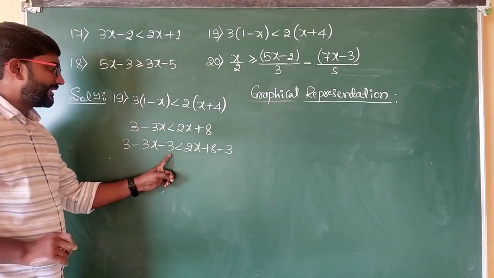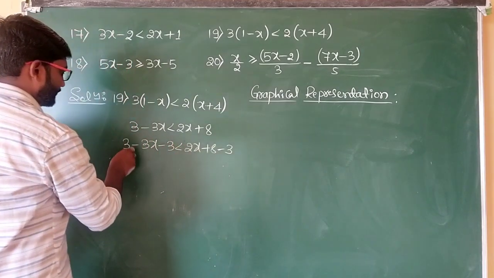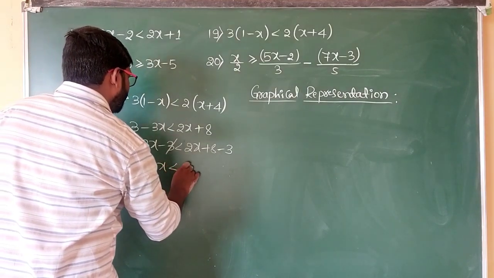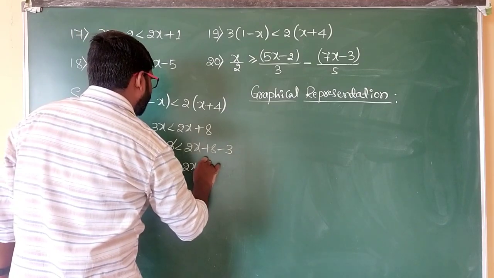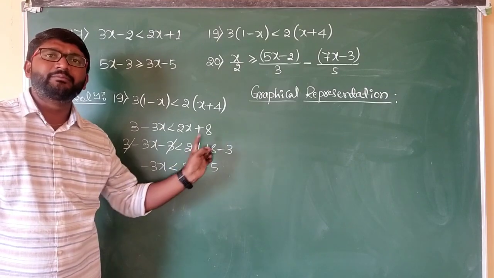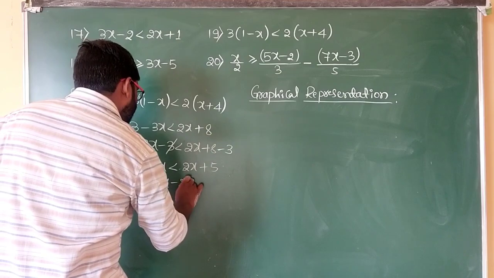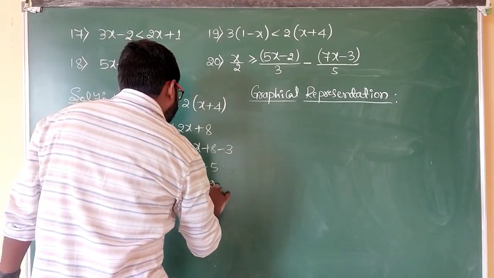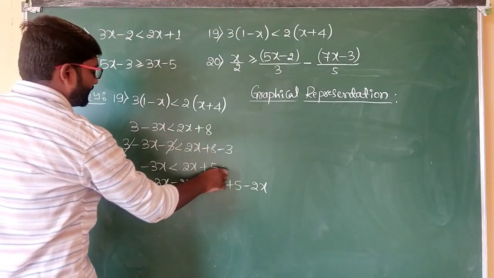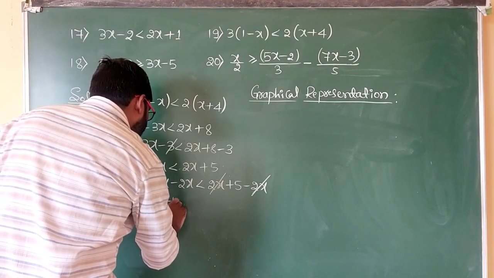So we are subtracting both the sides by 3. From 3, not by 3, from 3. So plus 3 minus 3 get cancelled, we get minus 3x less than 2x, 8 minus 3 is 5. So now we will have to eliminate 2x. Let us subtract by 2x. Minus 3x minus 2x less than 2x plus 5 minus 2x. So plus 2x minus 2x get cancelled, minus 3x minus 2x will be minus 5x,